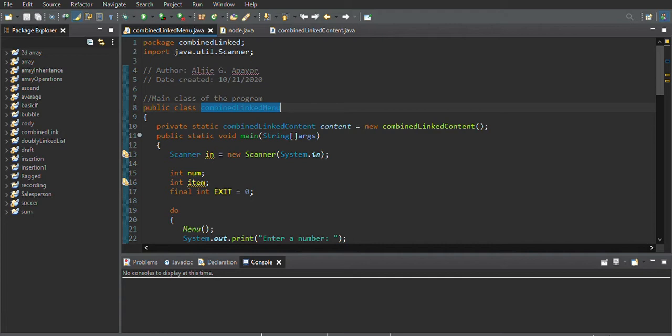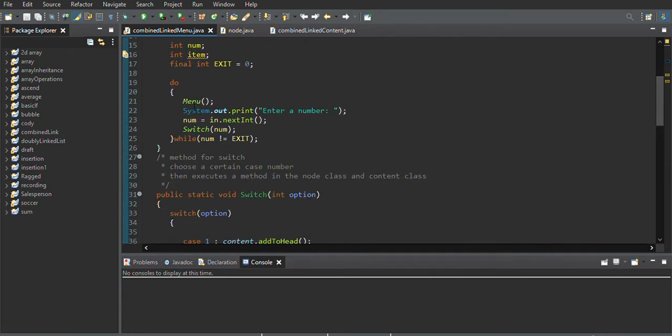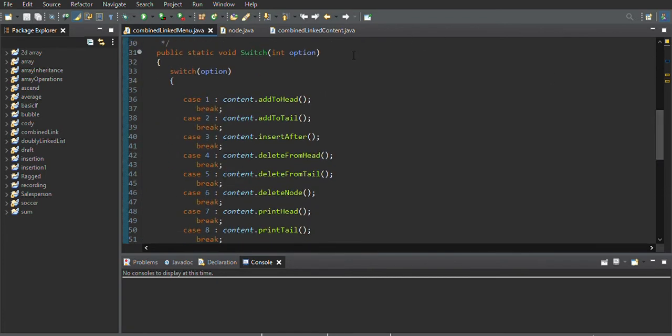In this demonstration, I'm going to create a new class. Here we created a main class for the program, which is named combinedLinkedMenu. We prompt a scanner for the inputs, display our local variables, and created a dual loop for the search switch. Next, we created a switch option case